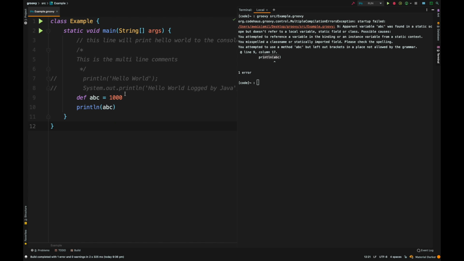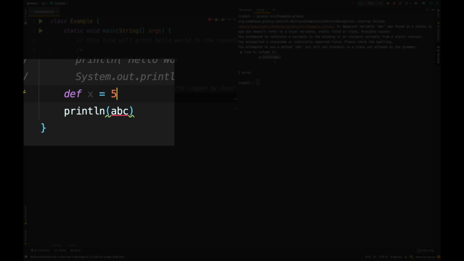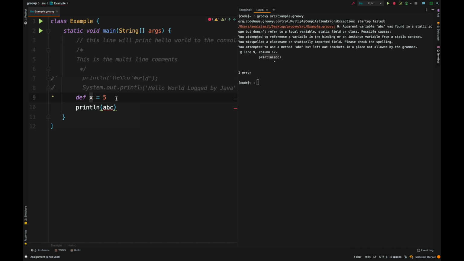So, for example, we define a variable here. Let's just say we define a variable x equal to 5. Now, in the following code, there is a white space between the def and the variable x. This is because the compiler needs to know that def is a keyword, that x should be a variable name, and that it needs to be defined. So here we have to have a white space which tells the compiler that this is a keyword and that's the name of the variable that we're trying to define.